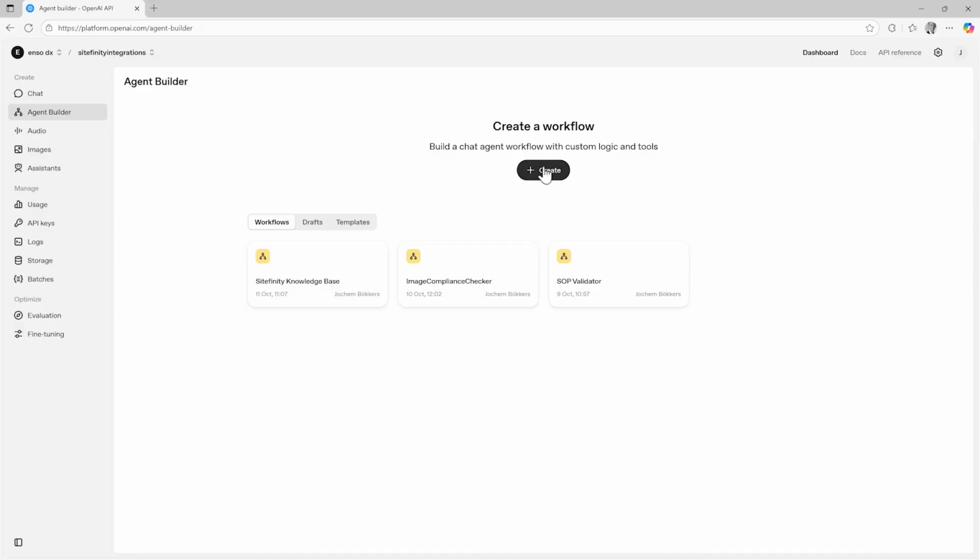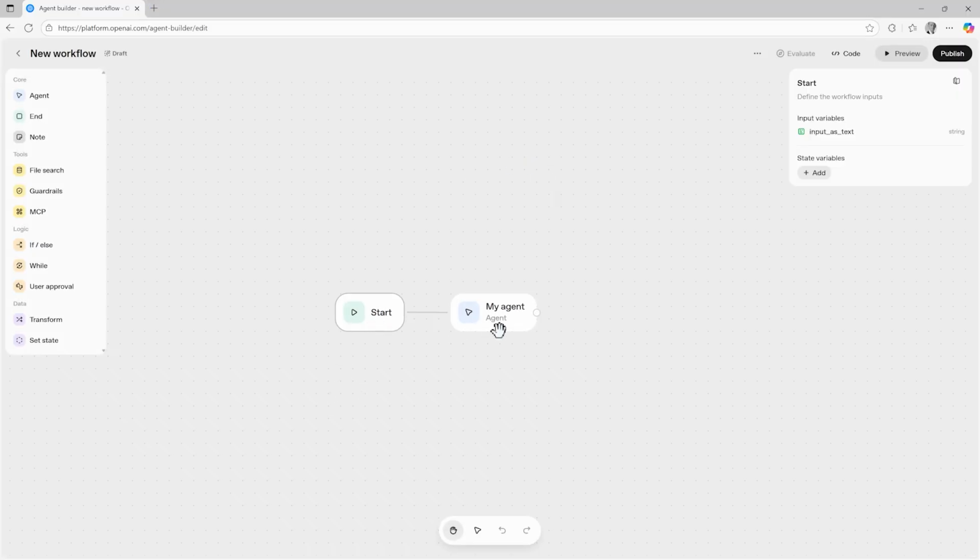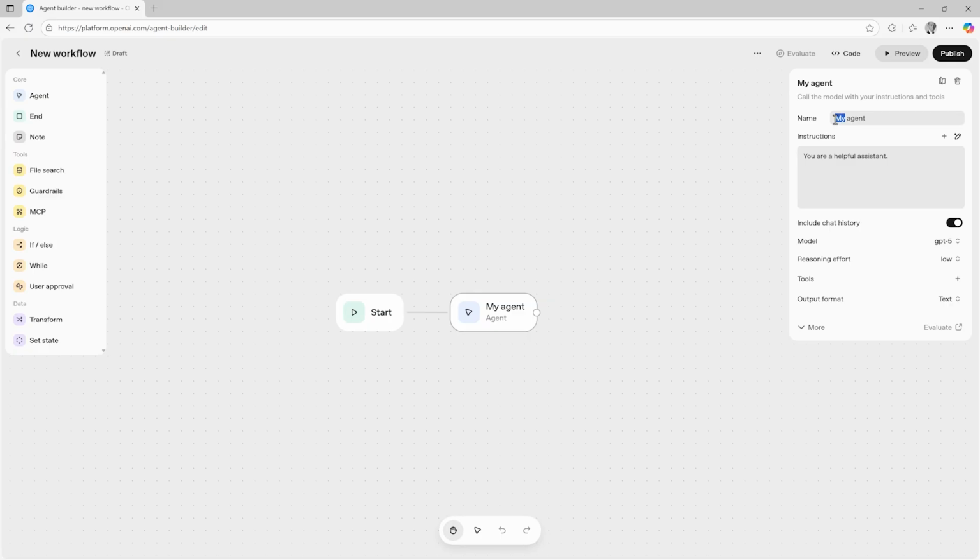Okay, so we're back in the Agent Builder. We'll create a simple agent that tells the user the current weather of a given city and then use the widget to display this nicely to the user. We're okay with the start node. Normally we'd include the guardrails node to sanitize and validate the user query, but for all intents of this demo, let's continue straight with the agent node. For the instructions, we want to tell the agent to look for a city name and then return back the current weather.